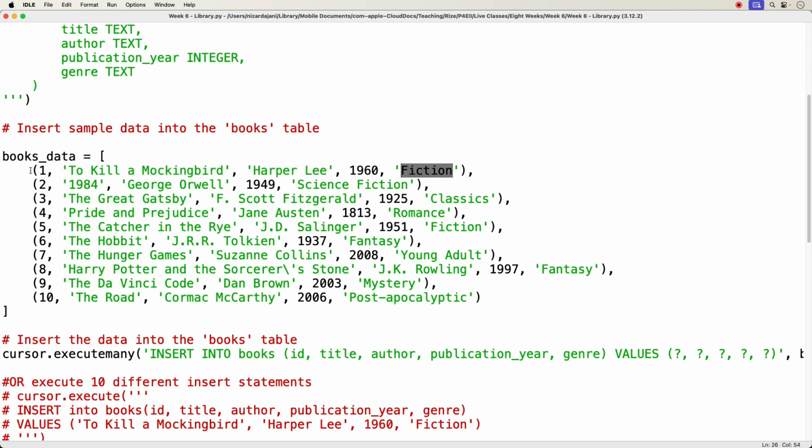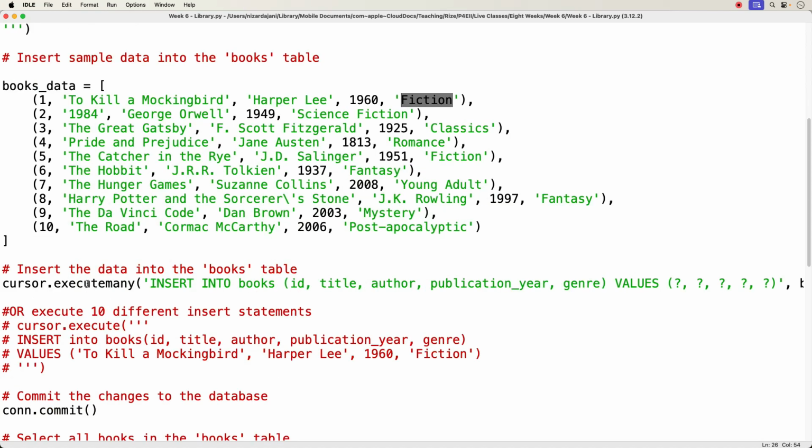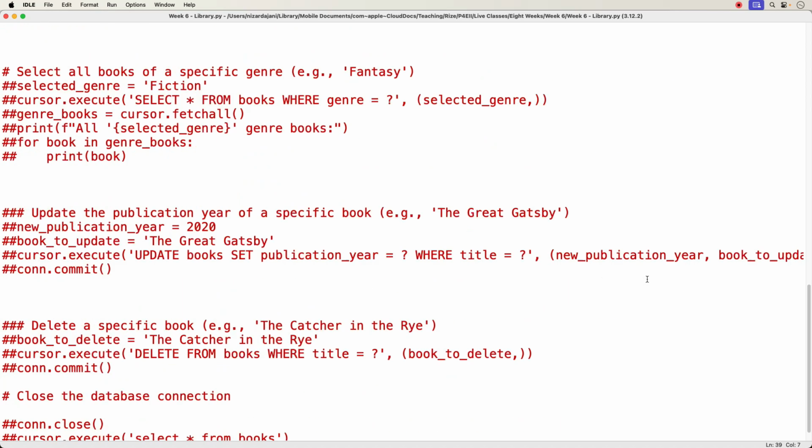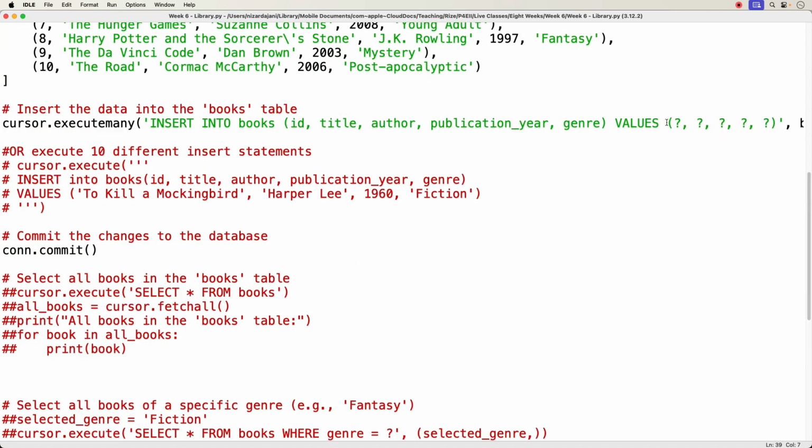So I have a list of tuples that has 5 items, and these 5 items will populate the data in the different 5 columns. And then I'm going to call a new method that we haven't seen yet, which is called executemany. Now we've been using just execute, cursor.execute, we're familiar with that. And now we're going to use another method called cursor.executemany. Okay, now the difference here is that I'm not calling the command 10 times, I'm calling the command once, but when it comes to the value part, here we go, this part here,